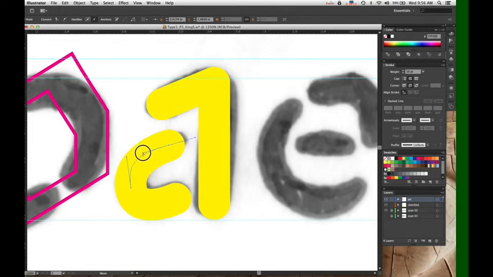This will give you a much better appearance to your curves, and it will give you much better control. You also want the actual curve handle length that comes out to be roughly equal.